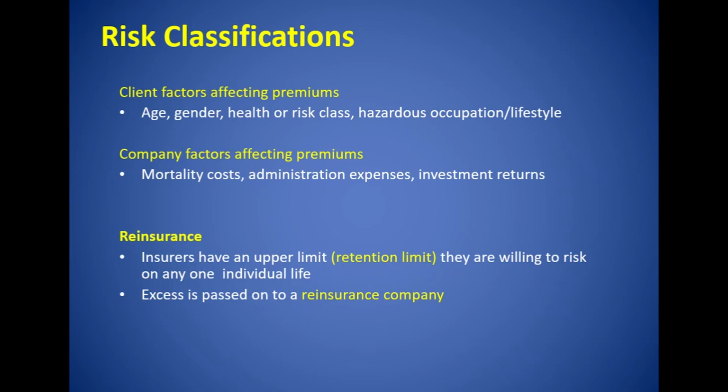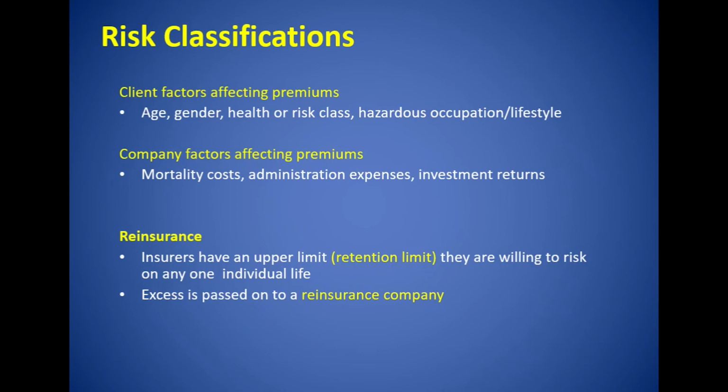You get the policy. You, in fact, pay the premiums to that insurance company, and that's it. You have no idea behind the scenes that the insurance company has utilized a reinsurance company. So what that insurance company would do, if their retention limit is $2 million,